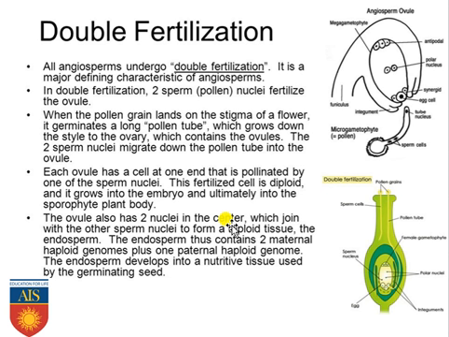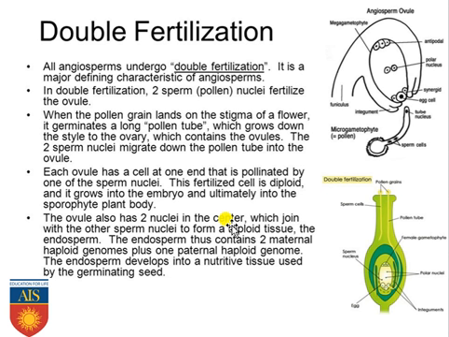And you can see one more thing: when the male gametes enter the ovule through the micropyle, at that time there is no tube nucleus, because throughout the entire way the entire quantity of the tube nucleus has been totally exhausted. Now the fourth point: each ovule has a cell at one end that is fertilized by one of the sperm nuclei. Here it is talking about the egg cell, and the egg cell is fertilized by the first male gamete, forming the diploid zygote, and that diploid zygote grows into the embryo and ultimately into the sporophytic plant body. Always keep in your mind that the zygote that has been formed will always form the diploid sporophytic plant body.